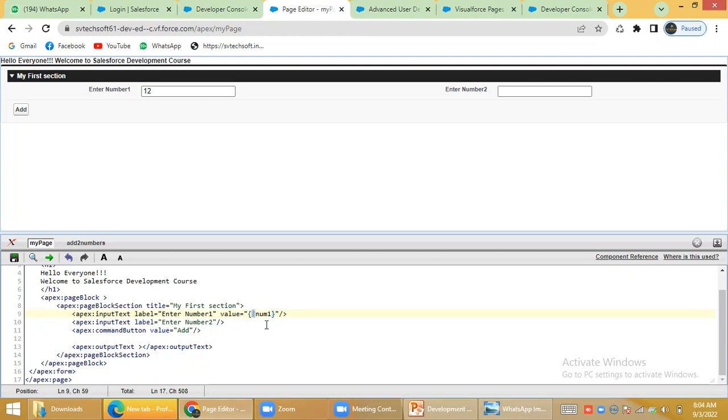What does this symbol mean? To get any value dynamically, at runtime, you have to use curly braces and the exclamation symbol. That means get the value dynamically, number 1. If you click on save,